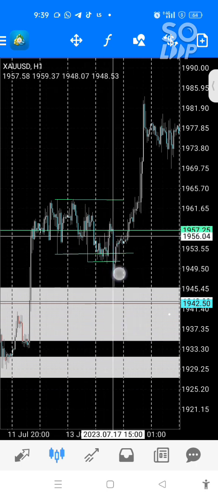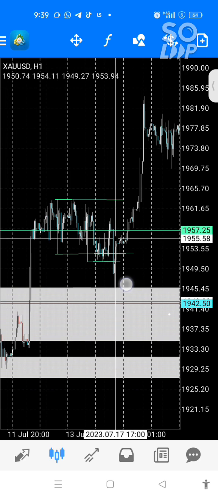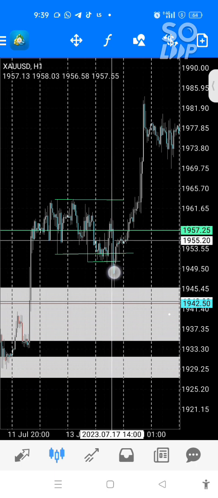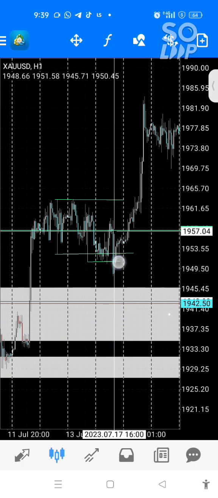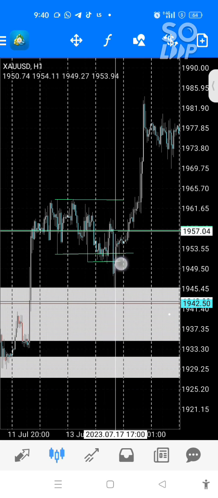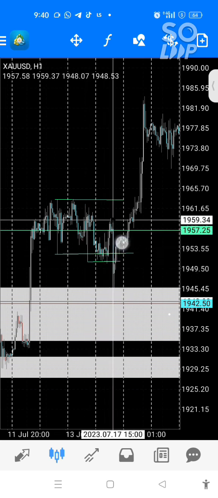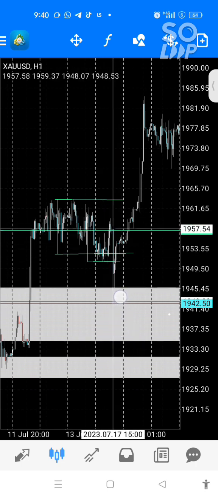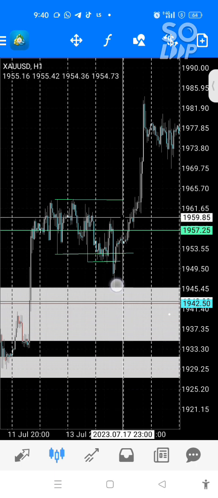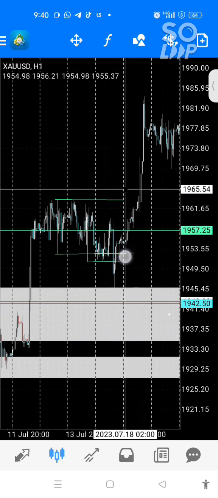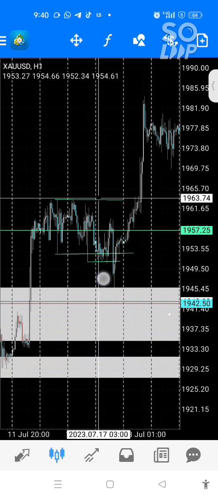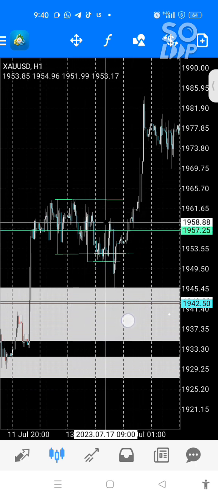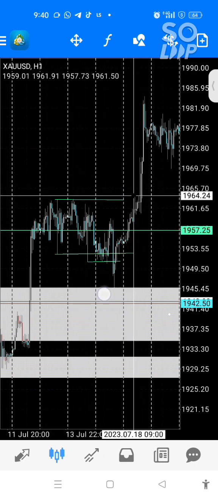How I frame my setup when I'm seeing ranges is this: my first target is always at the 50%, or if the leg that purged the liquidity is below 50%, that will be my first target. But if the leg that purged the low is above 50%, it will be my second target. So my first target is 50% here. The second target is this high here. And the last target will be the opposite end of the range. Are you seeing? That's how to pick the trade. This is the easiest for me to do. That's why I like ranges. It's just like a bread and butter setup to me.